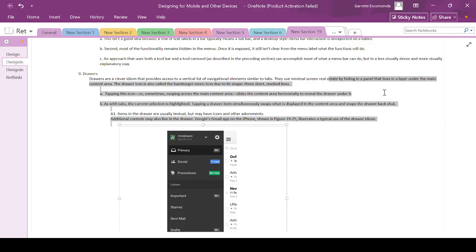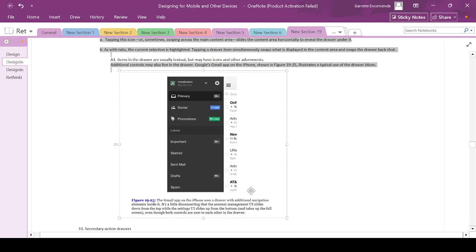Tapping this icon, or sometimes swiping across the main content area, slides the content area horizontally to reveal the drawer under it. So it actually slides the main content area when you tap that or when you swipe across the main content area. So that's the idiom that we've learned to use. As with tabs, the current selection is highlighted, same as the tab bar. Tapping a drawer item